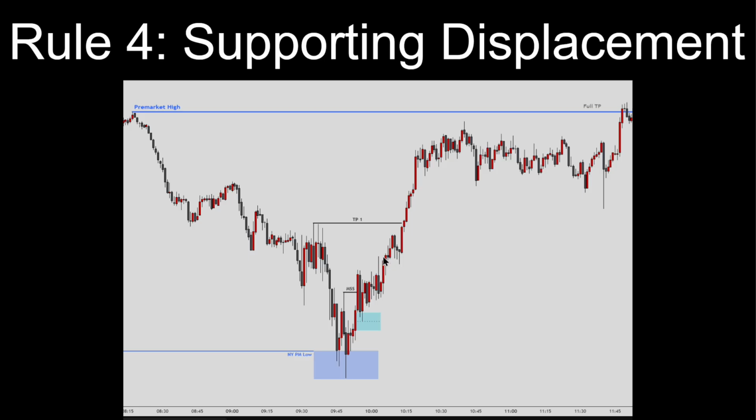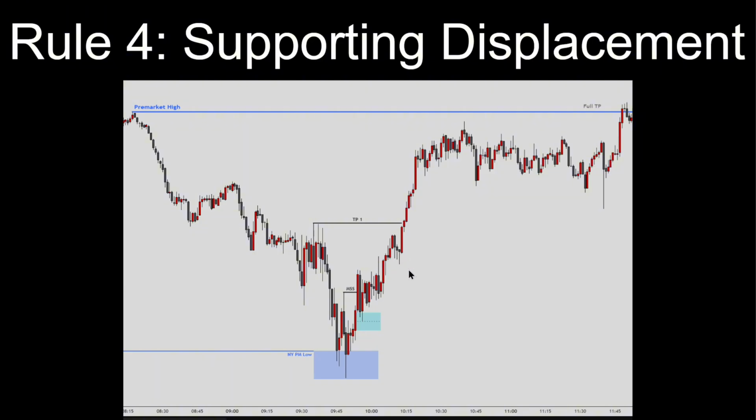So this order block you could buy on, this order block you could buy on. And then your TP1 would be here at equilibrium, and then eventually you target the relatively equal highs at the pre-market high. So the idea of supporting displacement is that it backs up your theory that you're going to reverse. So if you sweep that low, the first thing you're looking for is displacement to the buy side, and then a market structure shift, and then more displacement to the buy side. And then you can be really confident in your entry and take an entry like there